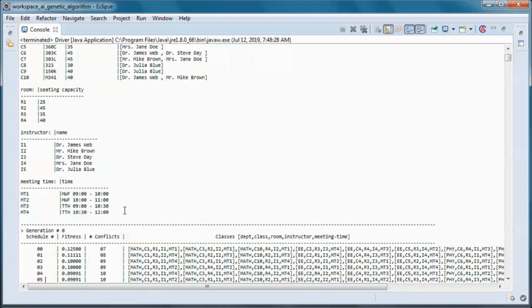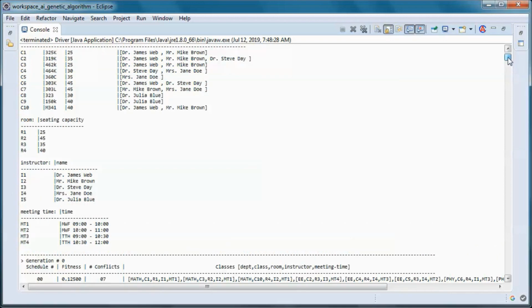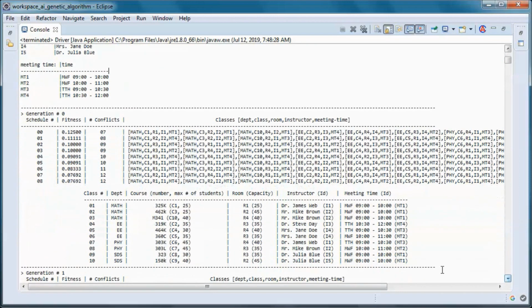And the meeting time is still 4 meeting times. And we started with this schedule that had 7 conflicts.